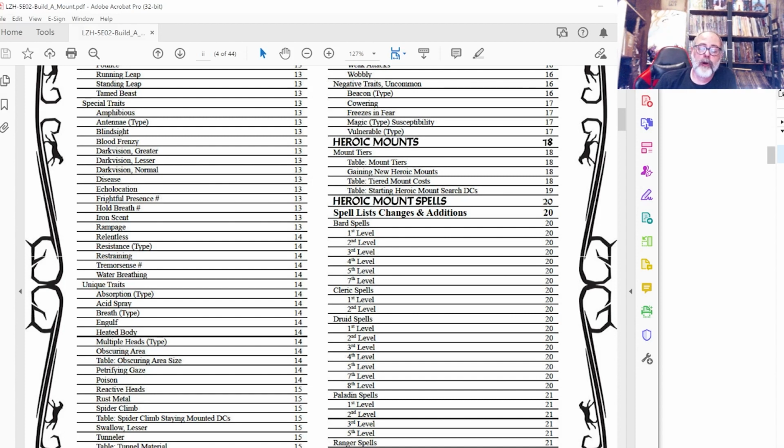Yeah, so the heroic mount system, you can use traits with it. You don't have to use traits with it, but what it does is it helps increase the survivability of characters' mounts as they level, because stronger and stronger things are going to be thrown at them. And